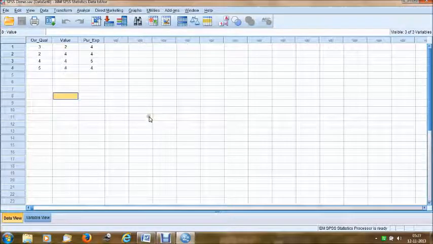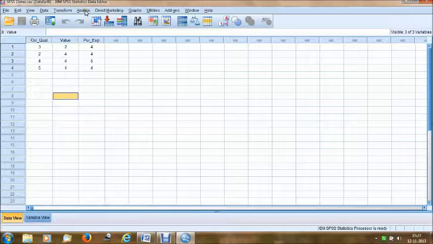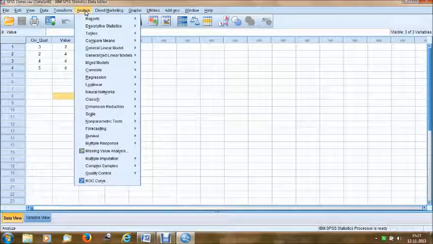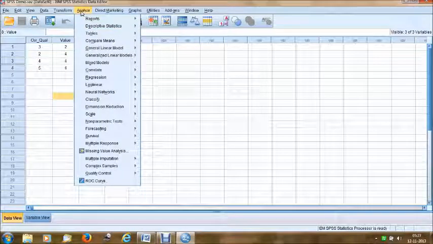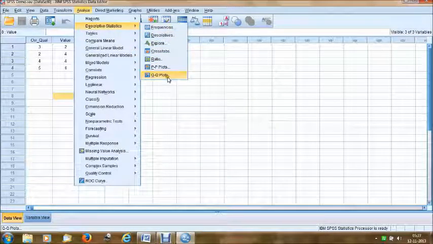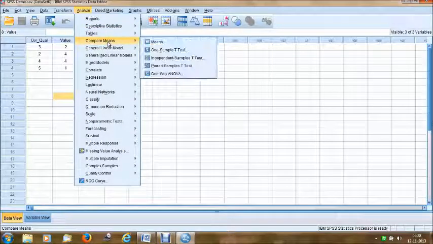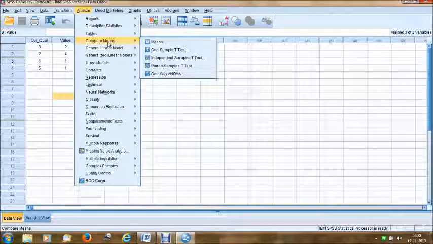This is how we create files in SPSS. Now just to have an overview of Analyze, we'll see what statistical analyses we can run using SPSS. To run any analysis in SPSS, we go to the Analyze menu. In the Analyze menu, we have reports, descriptive statistics like frequencies, descriptives, explore, crosstabs, ratios, P-P plots, Q-Q plots, and tables, custom tables, multiple response tables, compare means, like one-sample t-test,